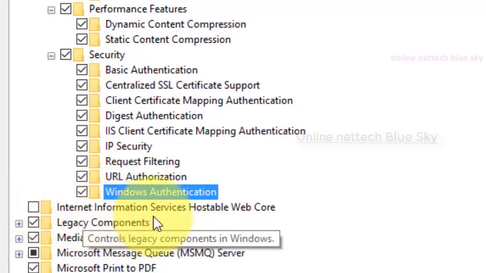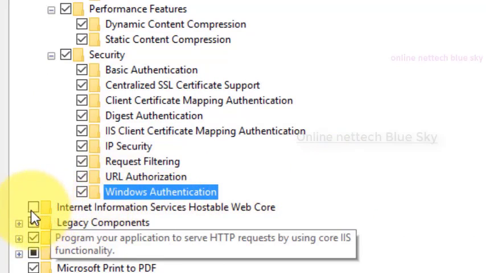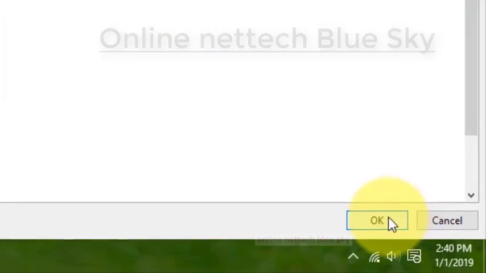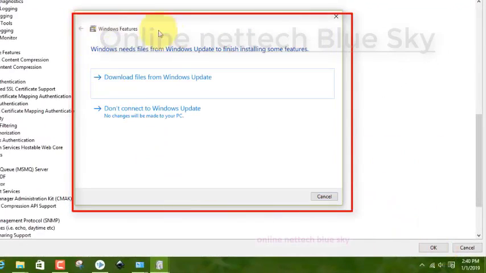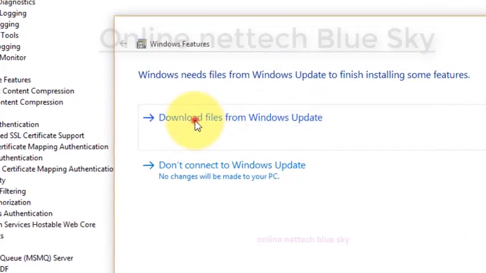This is the Internet Information Services Hostable Web Core. It is a feature available in Internet Information Services, but I do not want this feature. Click OK and this appears. It downloads first from Windows Update.